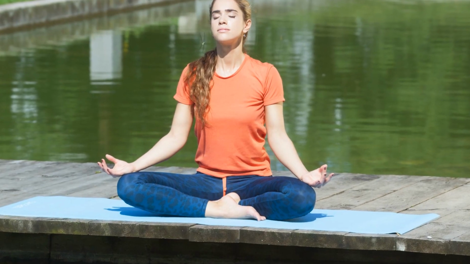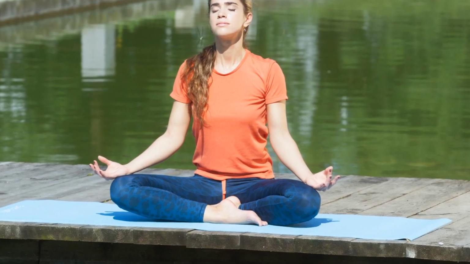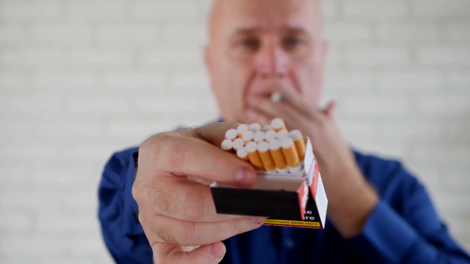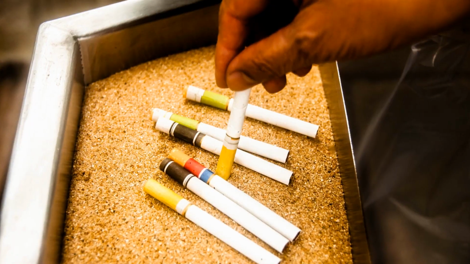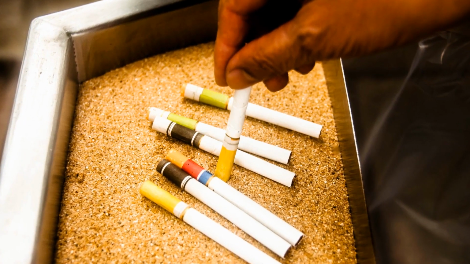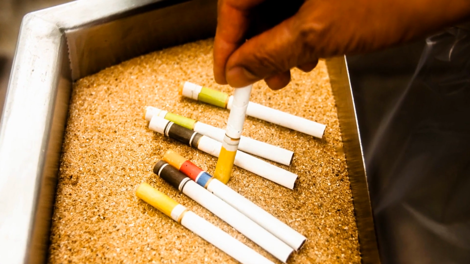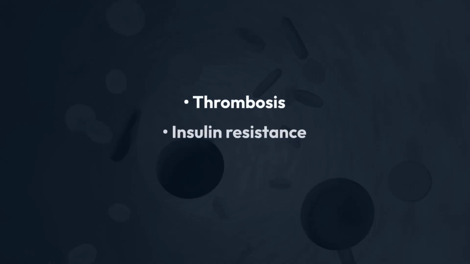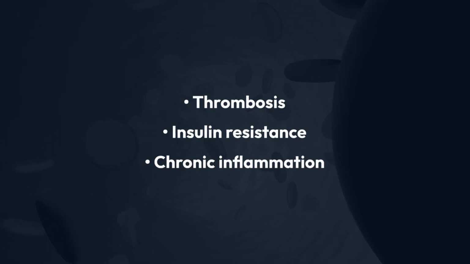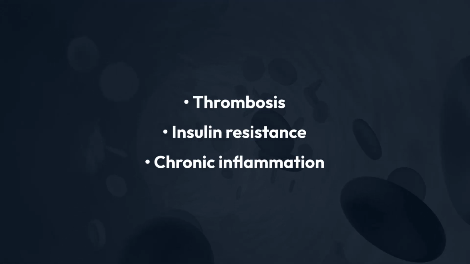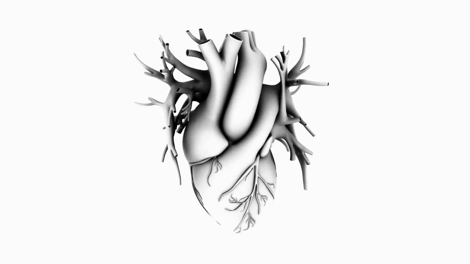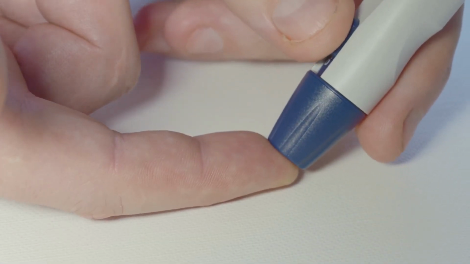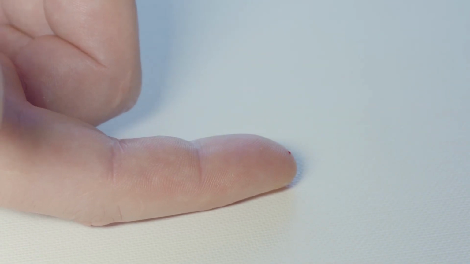Quitting smoking plays a crucial role in improving cardiovascular health. Smoking contributes to the development of atherosclerotic plaques, damages the endothelium, a protective layer that lines the inner surface of blood vessels and the heart, and impairs the function of both coronary and peripheral arteries. Smoking also increases the risk of thrombosis, causes insulin resistance, and chronic inflammation, which, in turn, can accelerate vascular disorders. Ceasing this habit significantly reduces the likelihood of cardiovascular diseases and mortality in individuals with pre-existing heart conditions as well